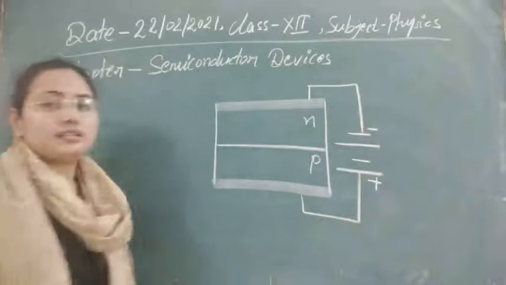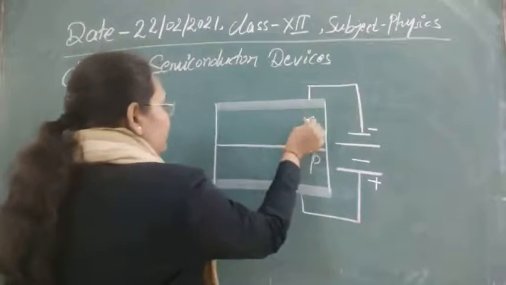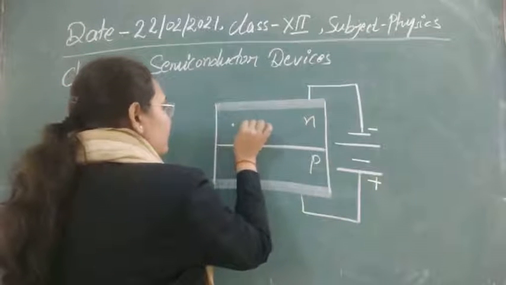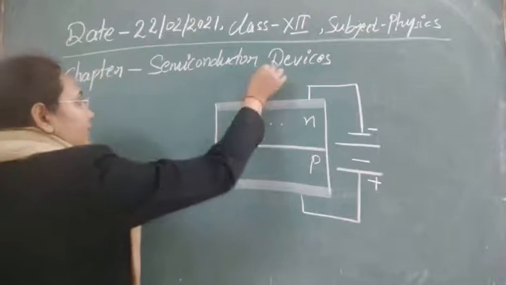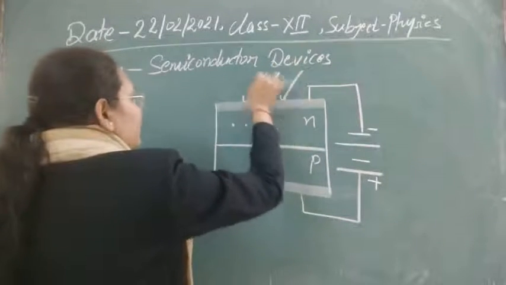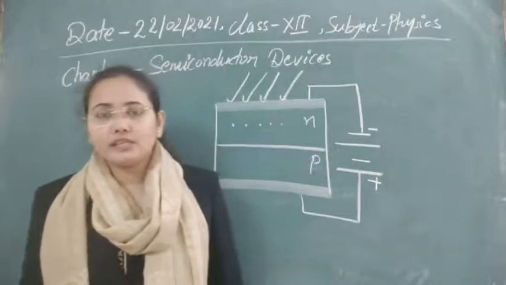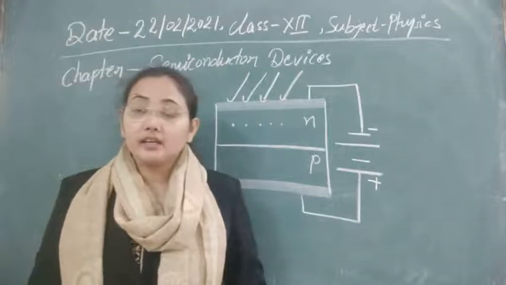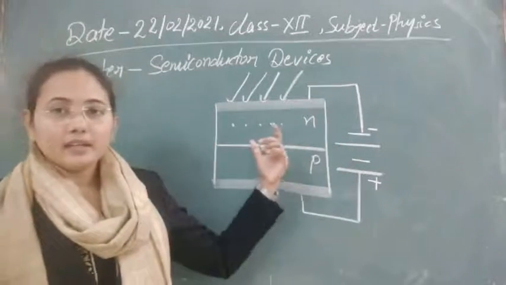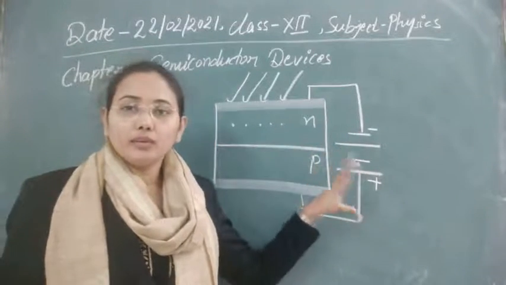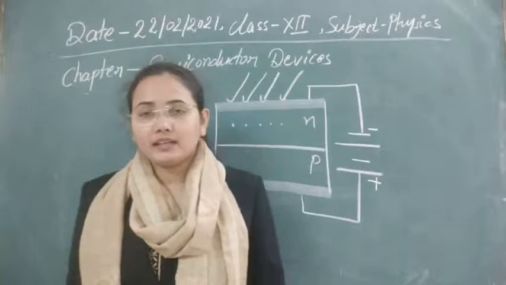So this circuit is now connected in forward bias. As you know, in N type, electrons are majority carriers and holes are minority carriers. When light is incident on this type of material, electron-hole pairs will be generated due to the incidence of light. More and more charge carriers will be generated, more current will flow through this circuit, and we will get the corresponding voltage or current in the circuit with the help of that current flowing here.